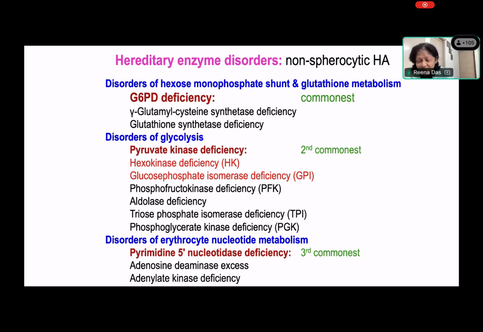Topping the list as the commonest disorder because of enzymopathies is the G6PD deficiency. The second most common disorder is pyruvate kinase deficiency, but you'll find in the literature that it is not easy to diagnose because the tests are very difficult to conduct. So I have not put a case of pyruvate kinase deficiency, so I'll just briefly tell you here